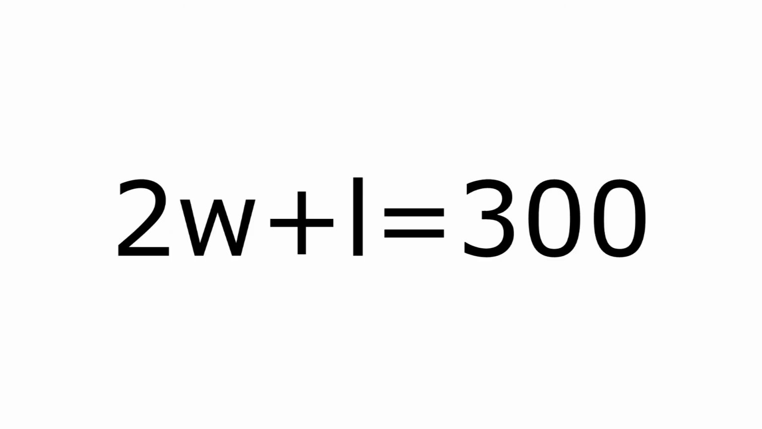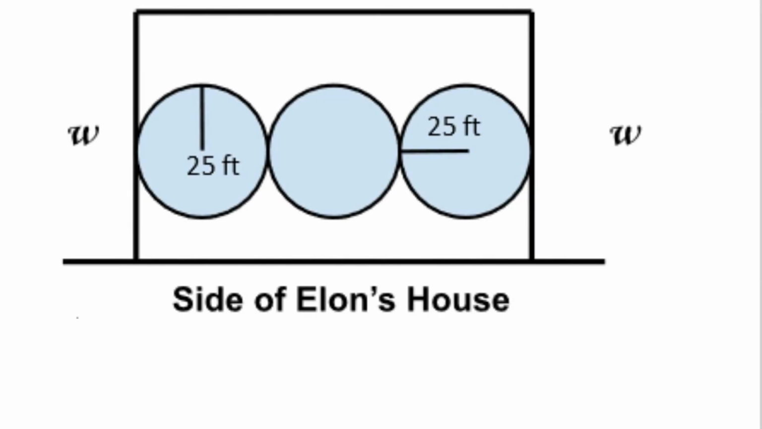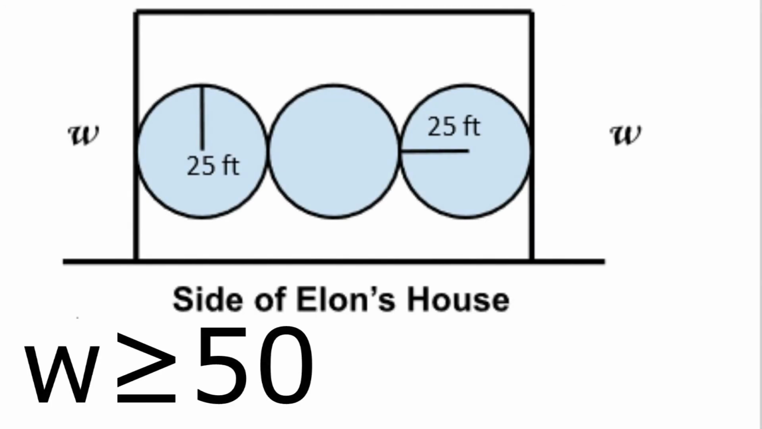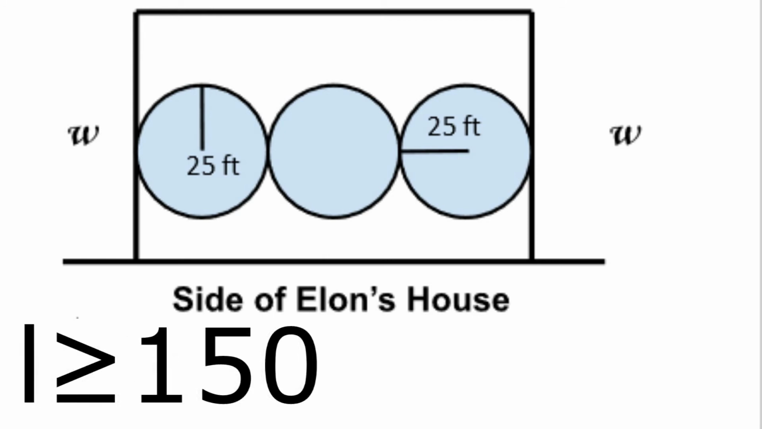The first equation is for the area, and this is A equals length times width. The equation for the perimeter of his farm will be 2 width plus length equals 300, because he has 300 feet of fencing to use. So the width has to be at least 50 feet so that the trees do not damage his house or the fence. The length has to be at least 150 feet so that the trees do not damage the fence